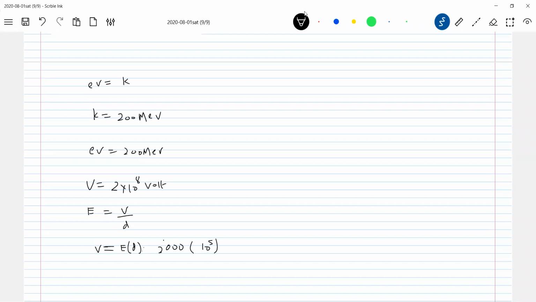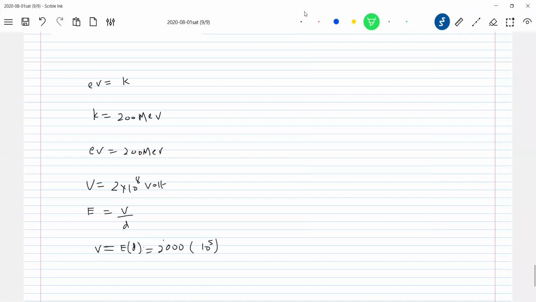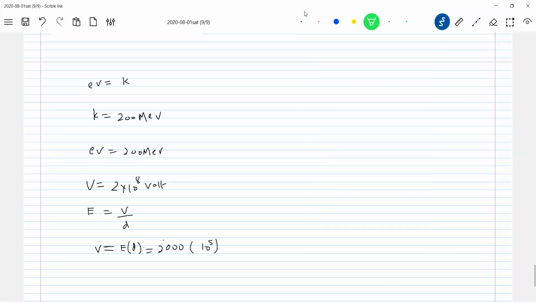I think this will really help you understand why we should go for the cyclotron. What is the distance d? In place of distance d, we have 10 to the power of 5 meter. What do you mean by 10 to the power of 5 meter? Convert into kilometer. So what is the distance d required now? It comes to d equal to 10 to the power of 5 meter, which is 100 kilometer.